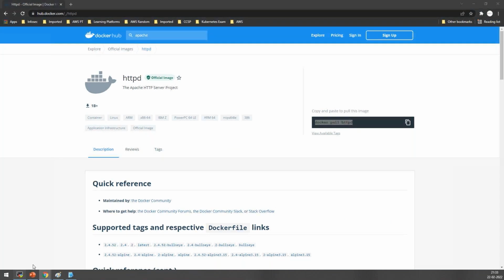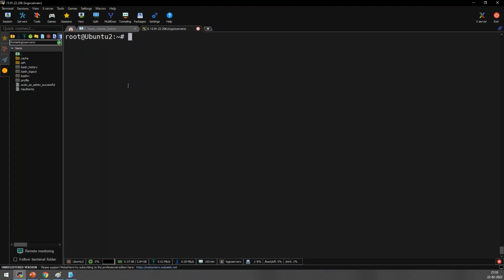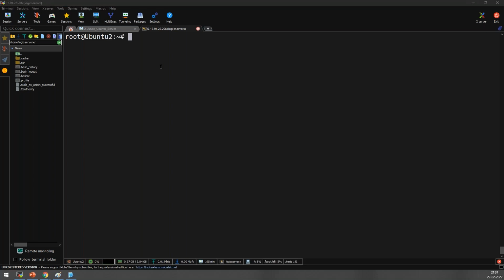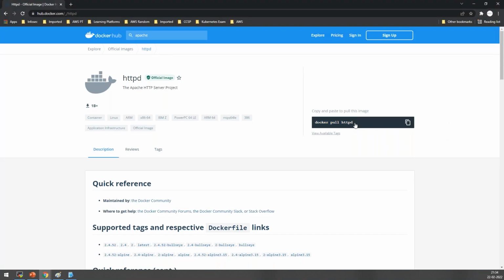If you want to download a container, the first thing you have to do is download the image. Now my company is telling me, Krish, deploy an Apache web server. So if I want to deploy an Apache container, the first thing is that I have to download the Apache image. The image is called httpd.